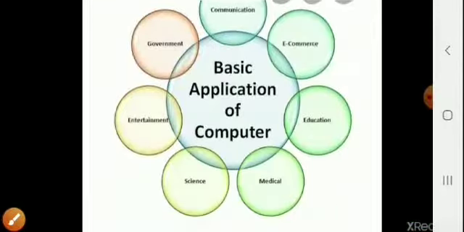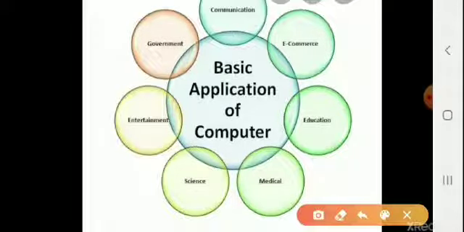Then next one is basic applications of computer. Very simple it is. You tell me first of all, what are the application areas of computer, where we can see the computer working. First of all, in our schools also, at our homes also, PCs are available, and then educational institutions, then hospitals also, hotels also, banks. Okay, so one by one we will see them.